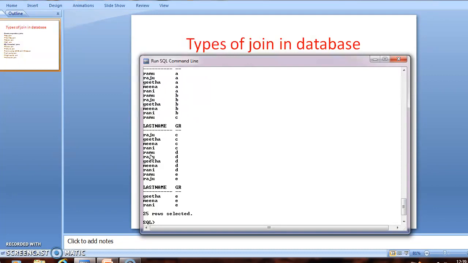It produces the cross product of two tables. The records in the last name will make a cross product with the records in the department table.